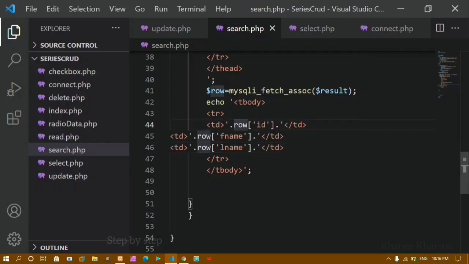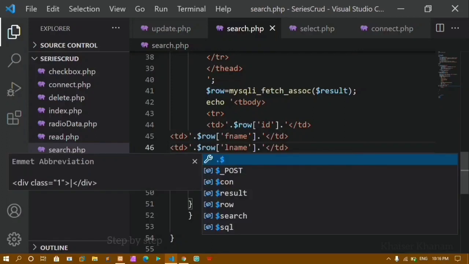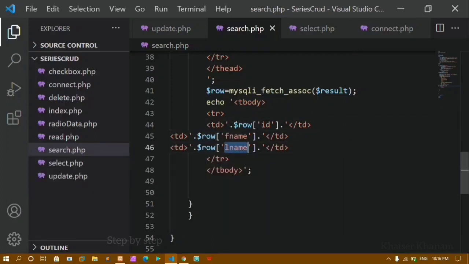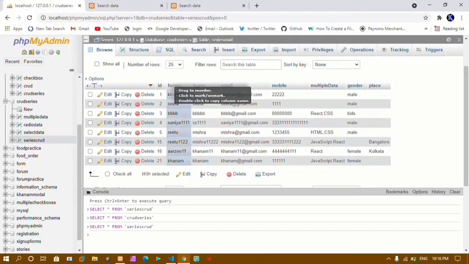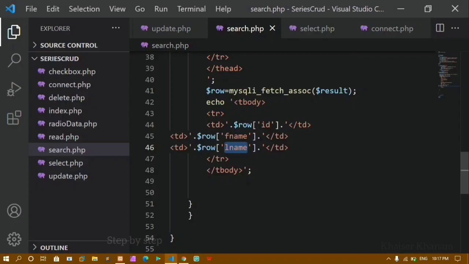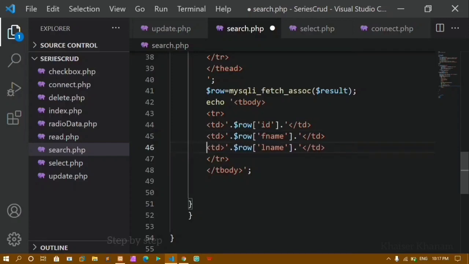Now here I'm having this output. I'll write $row and also $row. I'll save this. Whatever column names I have given here, that is my column name: F name, L name and ID. That you have to pass here, and that data I am getting here, I am storing inside my table data here. I'll format this now, and this also I'm going to format.